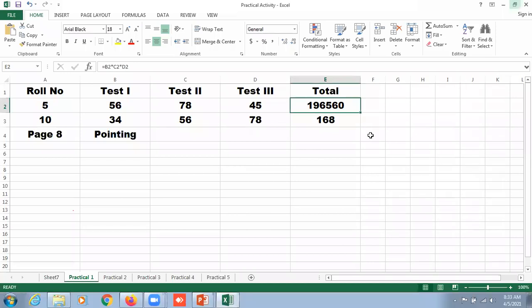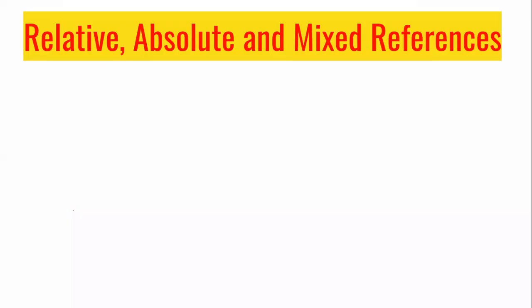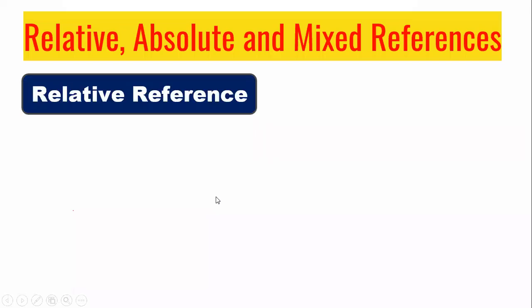Let's begin with the next practical demonstration here. I'm just going to open this topic: this is to be called relative, this is to be called absolute, and this is to be called mixed. So from the words I understood that relative is something, absolute is something, and the combination of relative and absolute is to be called mixed.